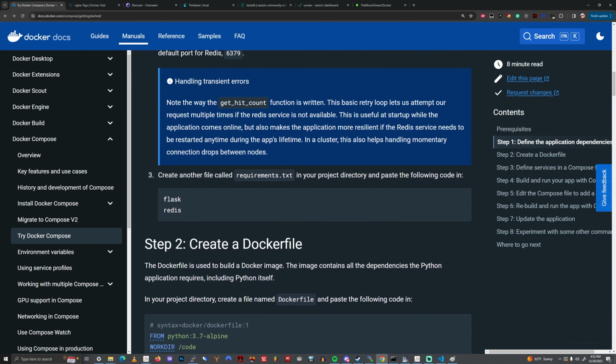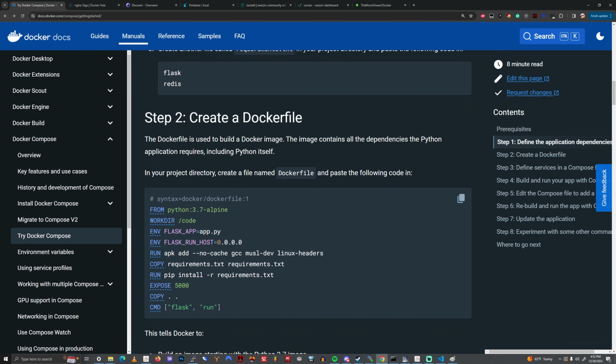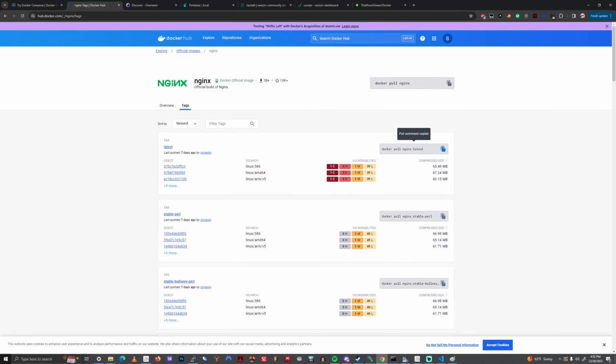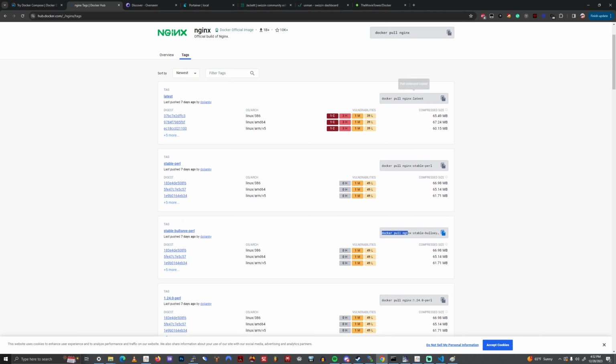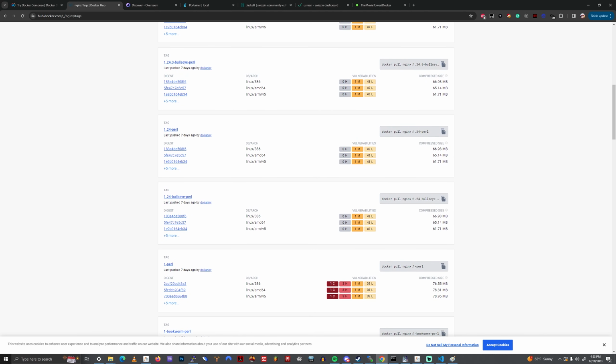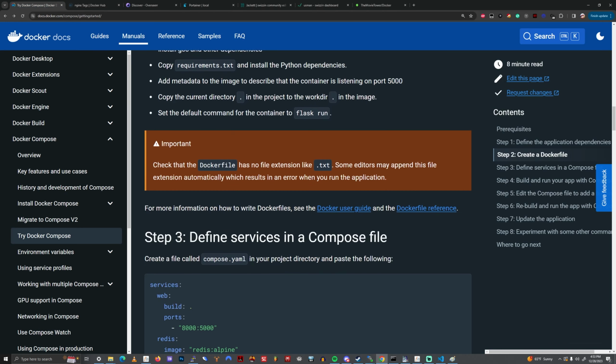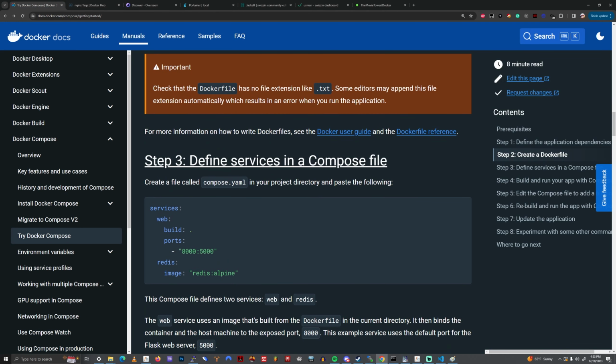In this case, they're doing something with Python. They're defining a base image with this from command. A base image is from Docker Hub, which is this kind of portal. It's kind of like GitHub, but you have little tags called latest, bullseye, stable, bookworm, which is my current install, the latest Debian. And then you create a compose file .yaml. It creates services, and the ports,